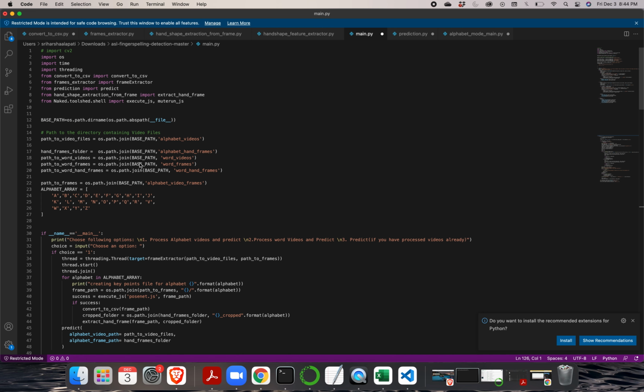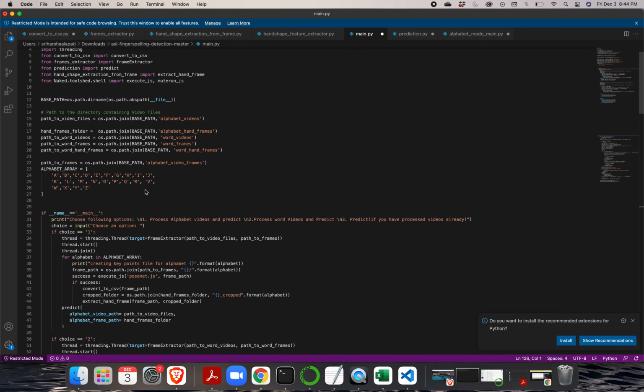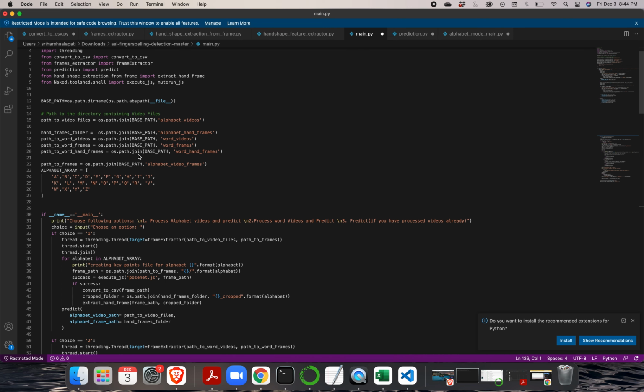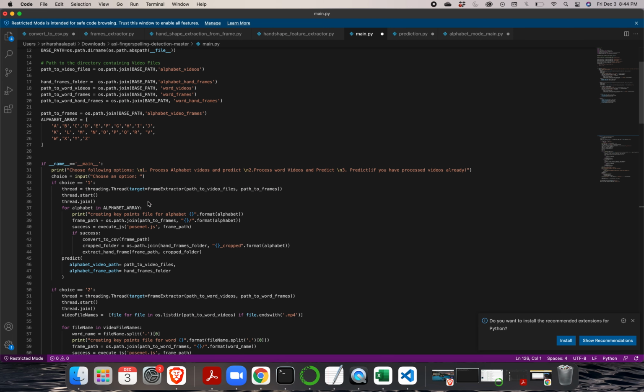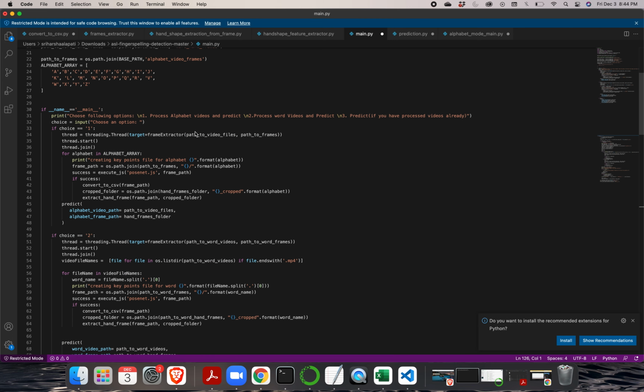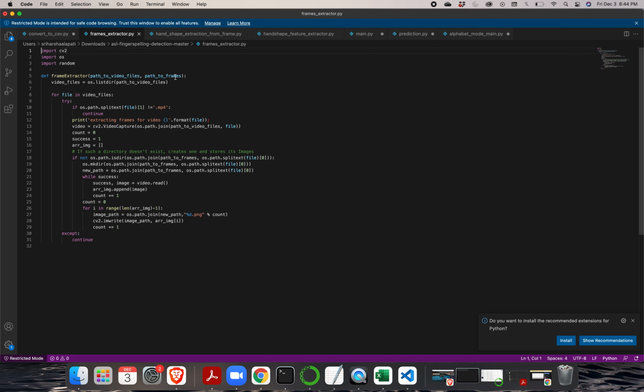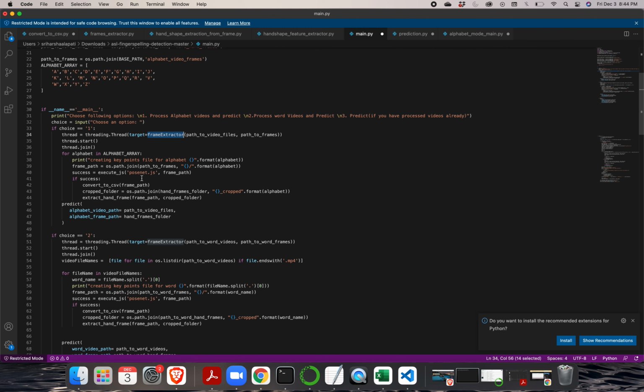And this is a code walkthrough. Here first we have kept all our recorded videos in one folder, and then first we extract the frames using the frame extractor. So for each video it will extract the frames using this piece of code, and then it will send each of the frames to the PoseNet module so that it will extract the coordinates.